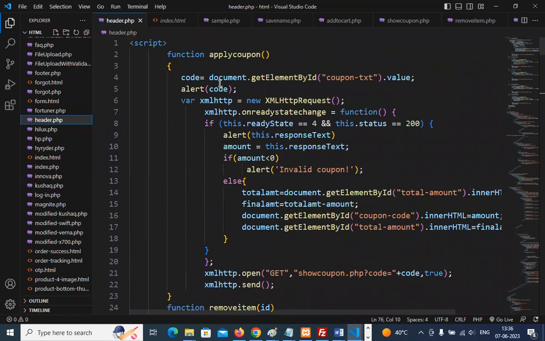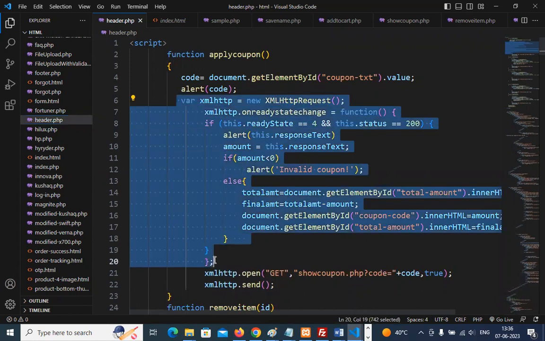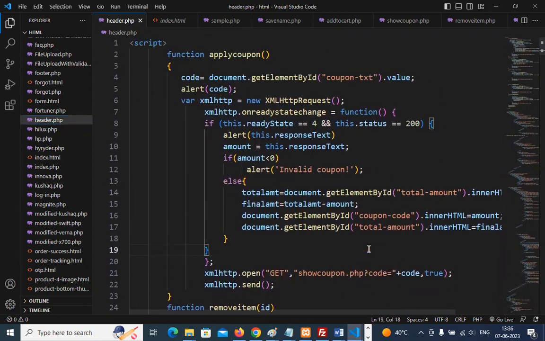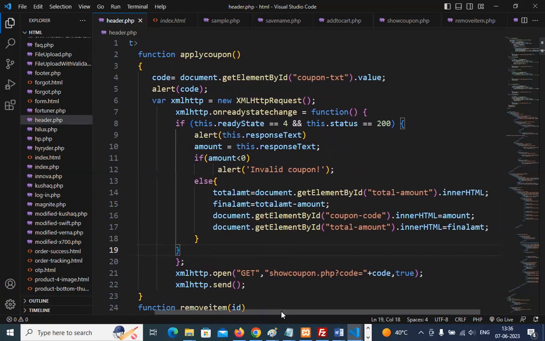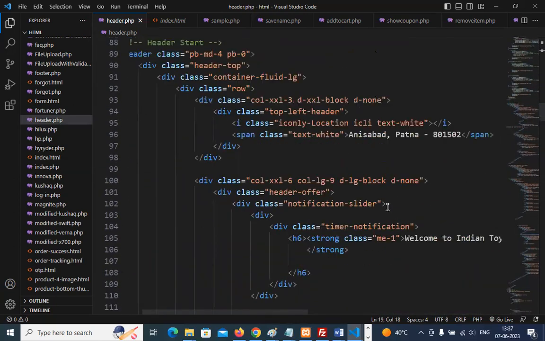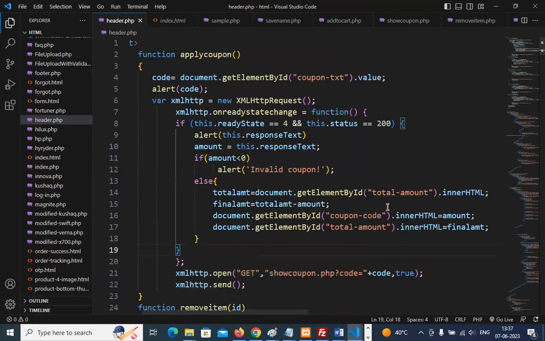ट्राई टू अंडरस्टैंड। अब यहाँ पर देखिए हम लोग अलर्ट कोड कर रहे हैं। पहले तो वो कूपन का वैल्यू, नीचे से जो कूपन का वैल्यू दिए हैं वो ऊपर लेके आ रहे हैं, जैसा भी सैंपल पे मैंने दिखाया था, जो टेक्स्ट बॉक्स में नाम दिया था वो नाम लेकर के आ रहे हैं, और अलर्ट में आ जा रहा है। उसके बाद ये एजैक्स है, तो ये एजैक्स से चला जाएगा शो कूपन में, और शो कूपन से ये वो वैल्यू उस कूपन का लेकर के आ जाएगा। और इसके बाद हम लोग यहाँ पे ये टोटल अमाउंट जो है उससे माइनस कर दे रहे हैं। तो हम लोगों को टोटल अमाउंट से माइनस नहीं करके, वो जो सब टोटल है वहां से माइनस करना पड़ेगा। ये तो हेडर है, इसको रहने दीजिए।